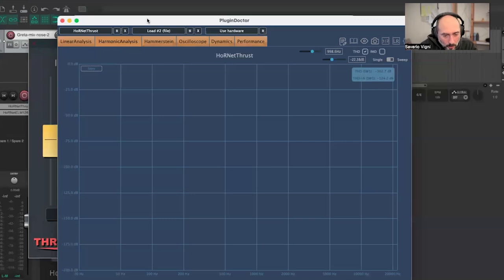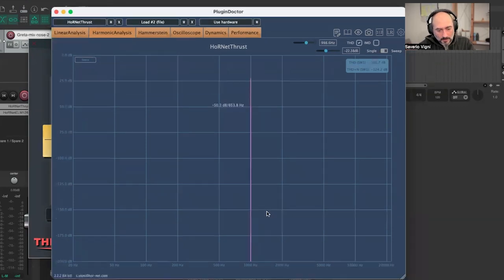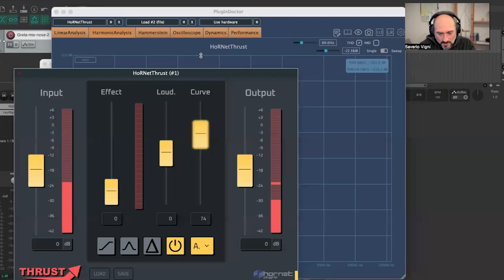Okay, so if we do an harmonic analysis, okay, we got 1 kilohertz. Let's say, for the sake of seeing it better, let's say 100 hertz signal. Okay, we are clean now because we are not applying any kind of distortion. And if I set the curve parameter to 100% and the effect parameter to 100%